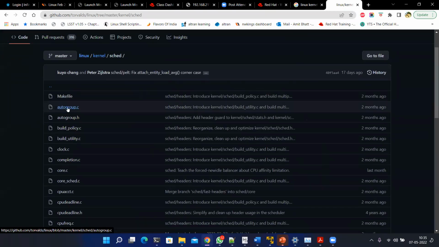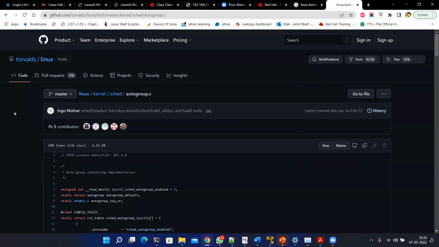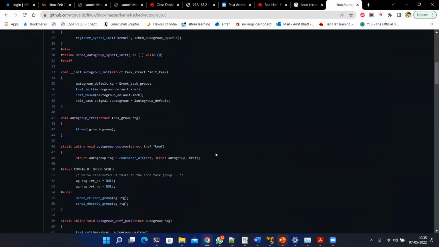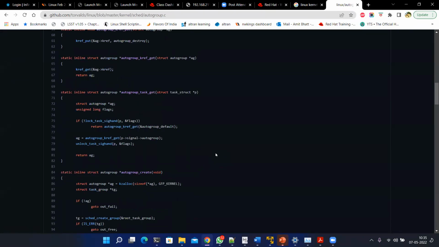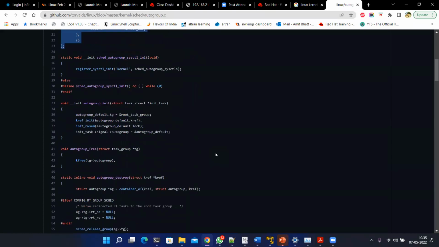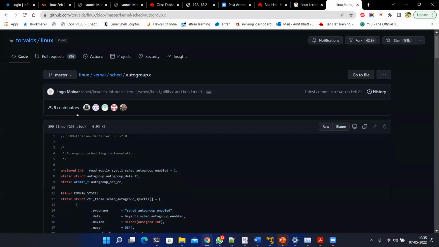Like this file autogroup.c. I don't know what it is, but let's see. If you open this file, you will see code in C language. If you're interested in checking the code, you can make a contribution to the Linux kernel as well. See how many people have contributed to this file. There are 5 contributors.